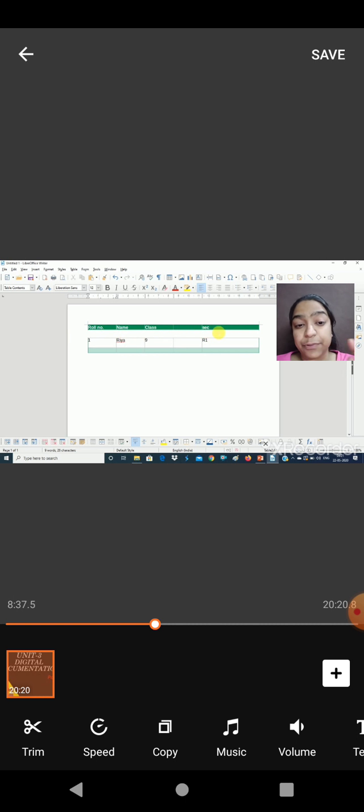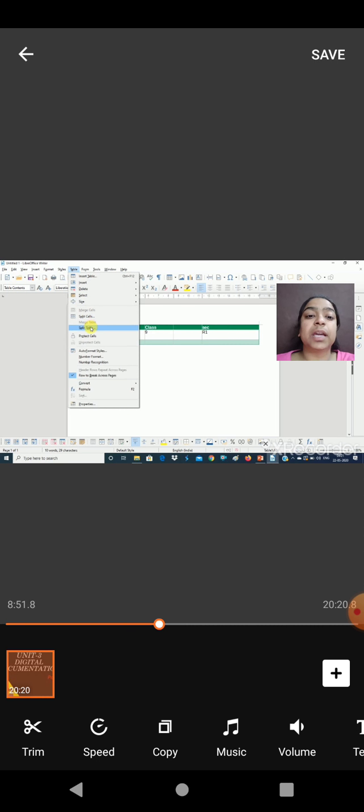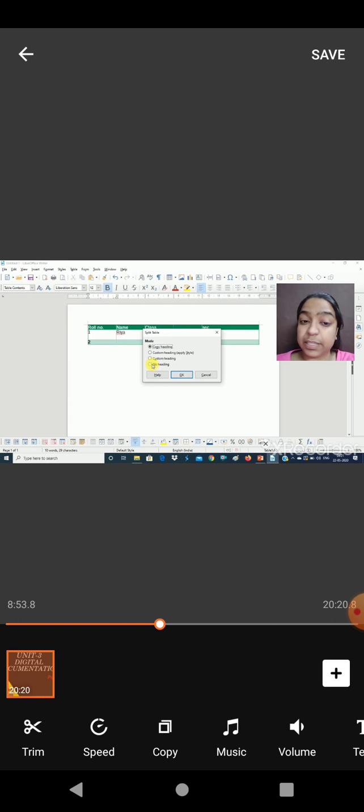See, there is a first option for when we don't need any heading in this table. See, there is no heading in the table. You have to go on split, then you have to go on a particular heading where there is no space. Okay.